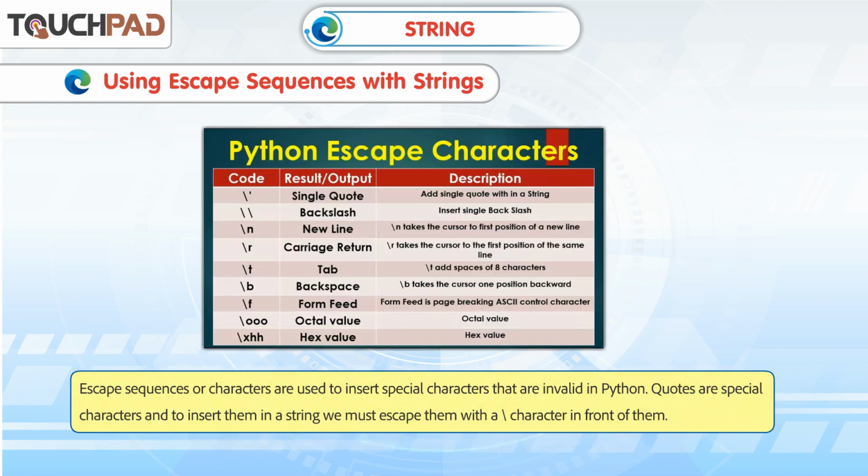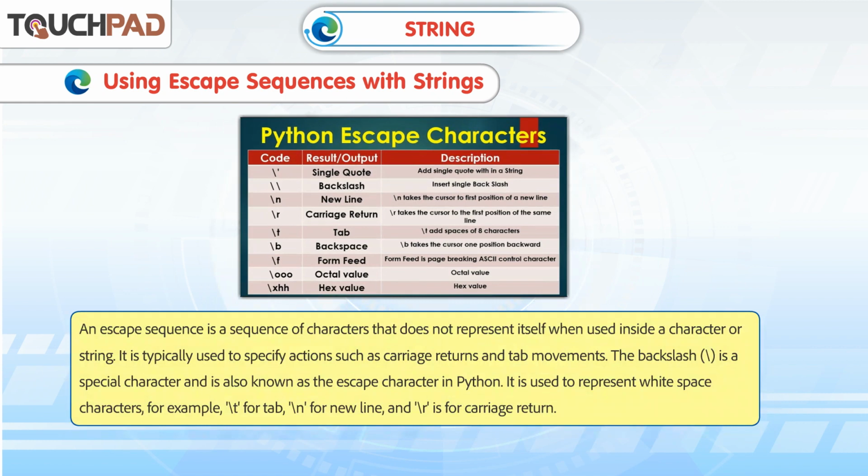Escape sequences or characters are used to insert special characters that are invalid in Python. Quotes are special characters, and to insert them in a string we must escape them with a backslash in front of them. An escape sequence is a sequence of characters that does not represent itself when used inside a character or string. It is typically used to specify actions such as carriage returns and tab movements. The backslash is a special character and is also known as the escape character in Python. It is used to represent white space characters, for example, \t for tab, \n for new line, and \r